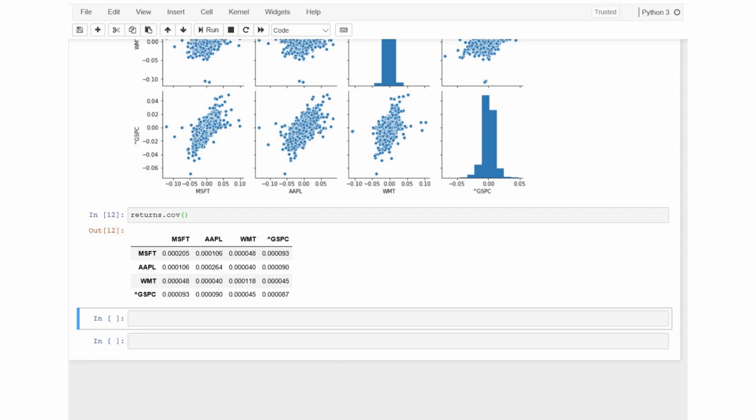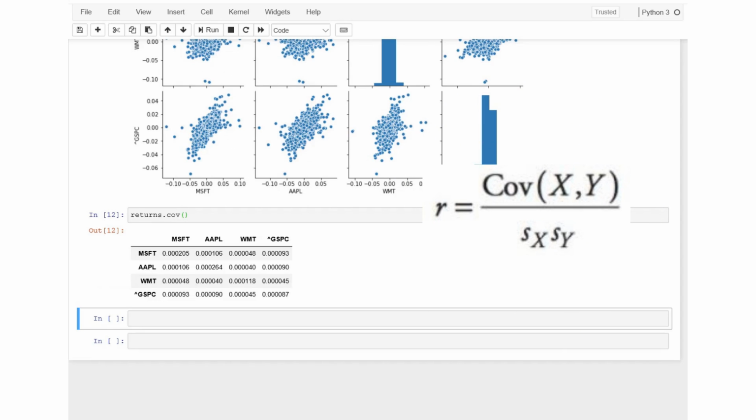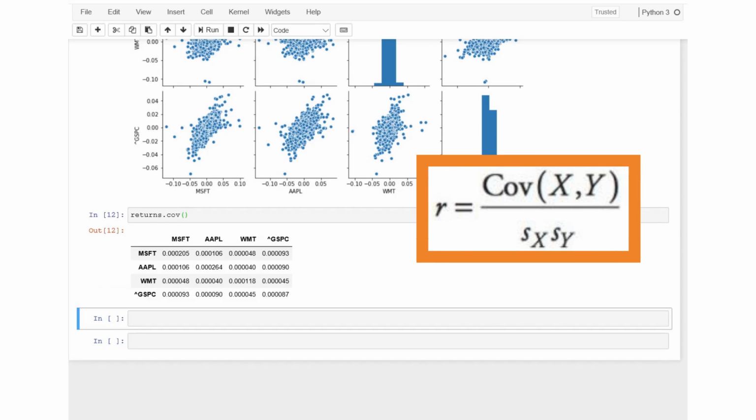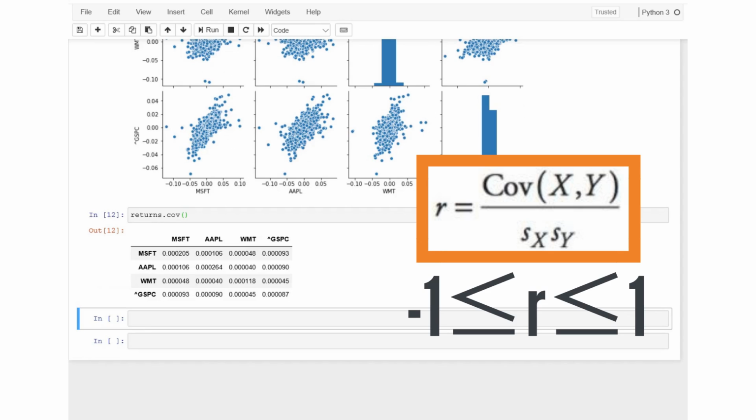The covariance is also affected by variances of the two random variables. By factoring out the standard deviations, Pearson's product moment correlation or correlation coefficient provides a useful measure for the strength of the association. Correlation coefficient r is calculated as the ratio of the covariance between the two variables and the standard deviations of both of the variables. The correlation coefficient can only take values between -1 and 1, irrespective of the covariance and the variances of the